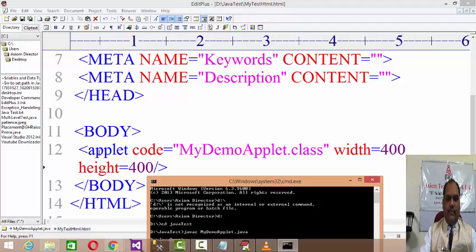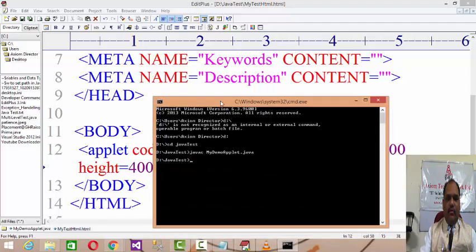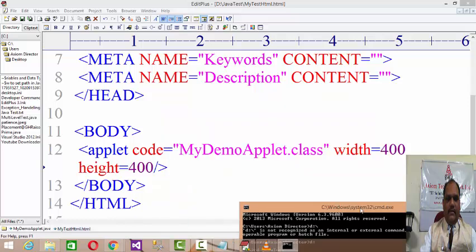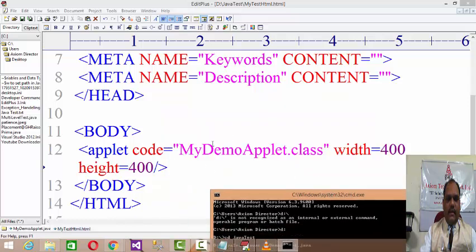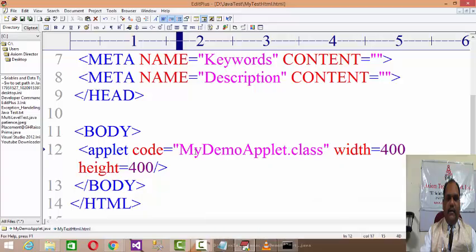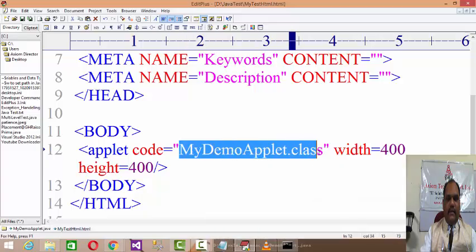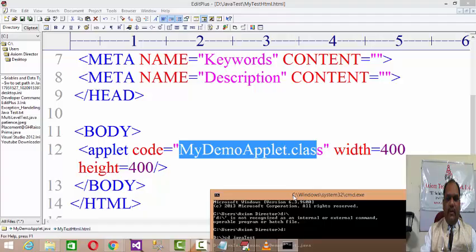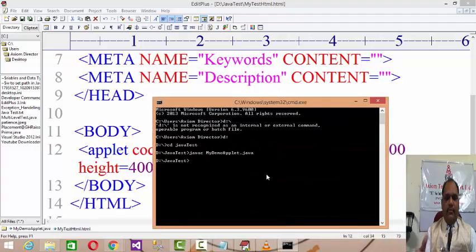I'm using applet code equals to, as I said, you cannot run the applet code directly on the command prompt. You have to create an HTML file and embed that compiled .class file, and then specify the width and height over there. Now your applet code is ready to run, ready to test.